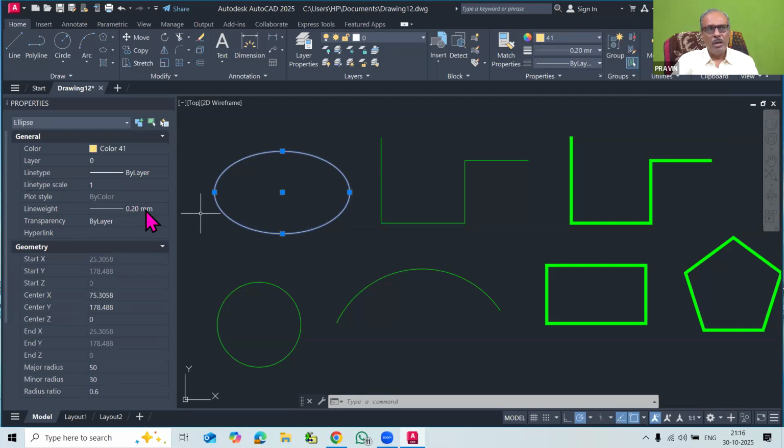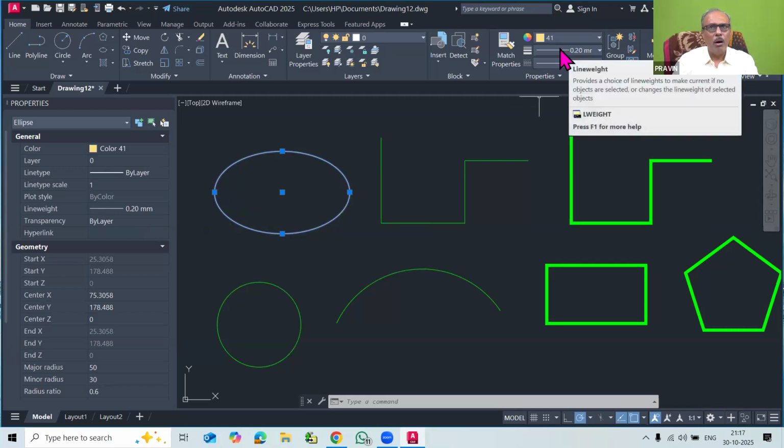See, whenever we prepare an engineering drawing using various pressures of the pen or pencil, you can change the thickness of the line. If we press the pencil hard, a thick line comes; if we move it lightly, a thin line comes. Thin lines and thick lines can be drawn by using the pressure of the pencil on the drawing paper. So similarly, here also in AutoCAD, you can change the line weight of the object.